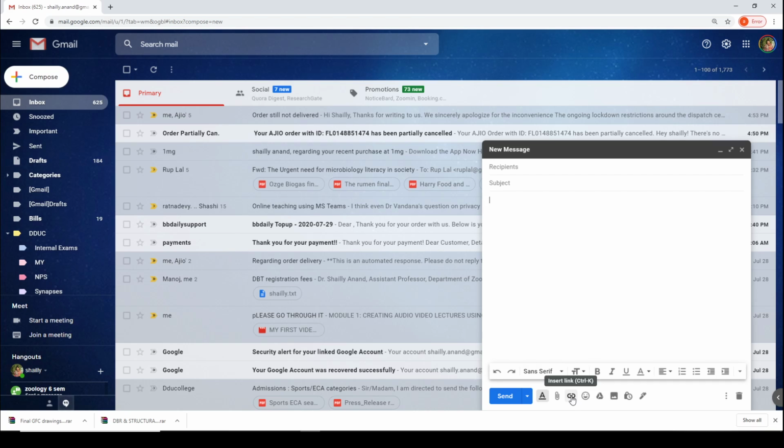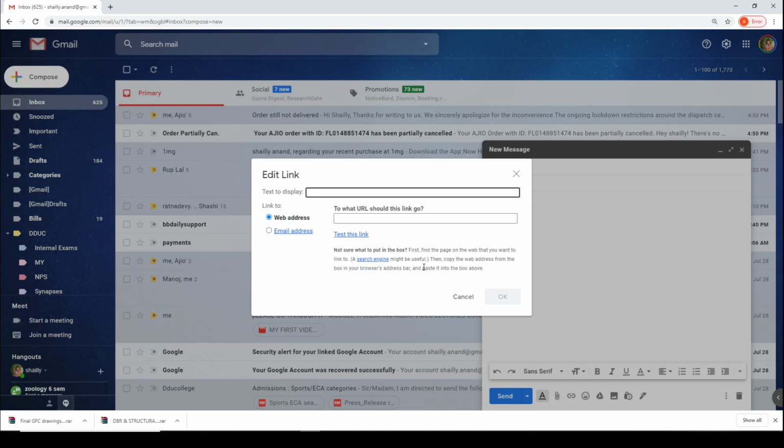This is the way you can share your video files or any content that is heavy in size, or if you have stored multiple resources in your drive, you can share using this link with anyone. So you click on this insert link option.